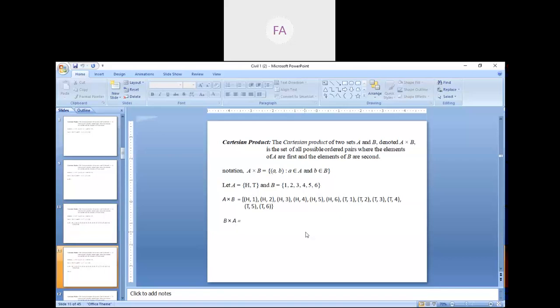Yes, ma'am. So see here in this line, I have written A cross B. Next, I will write the Cartesian product B cross A. Now, do you think A cross B and B cross A will be different or same? Do you have any idea? A cross B, is it same with B cross A?